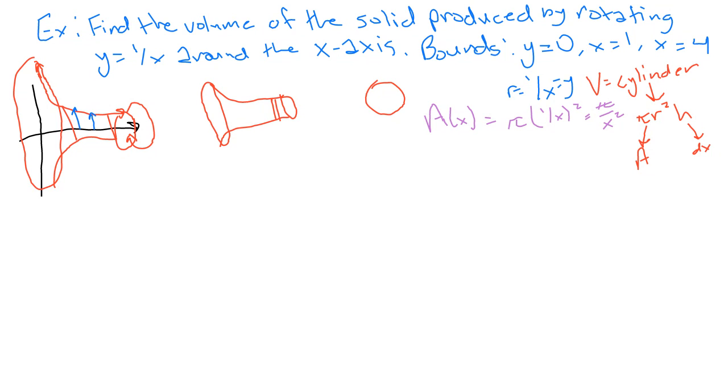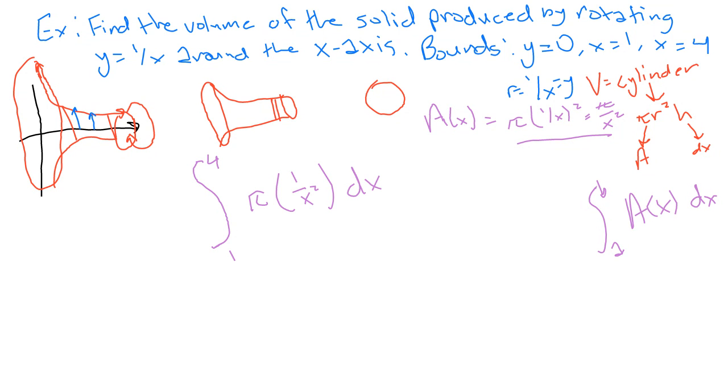So as we said earlier, we take our integral from a to b of A(x) dx. So we now have our A(x) right here. Now it's just a matter of plugging it in. They said our bounds are going to be from x equals 1 to x equals 4, and they also said our A(x) is going to be pi times 1 over x squared